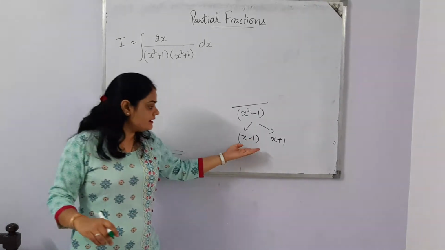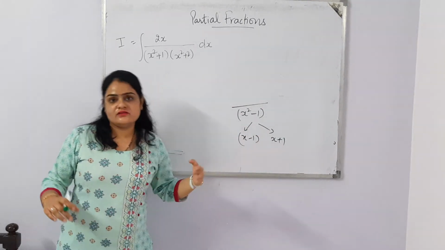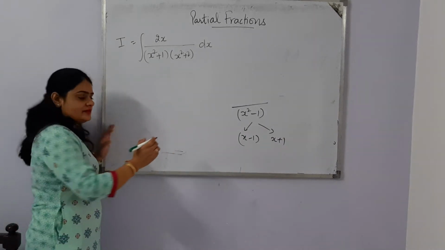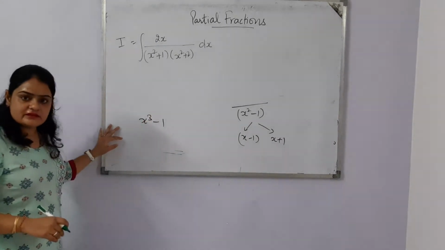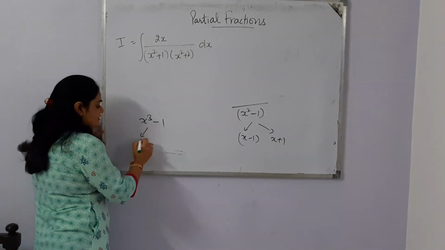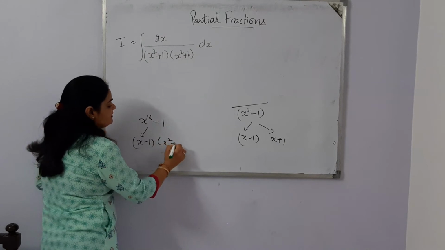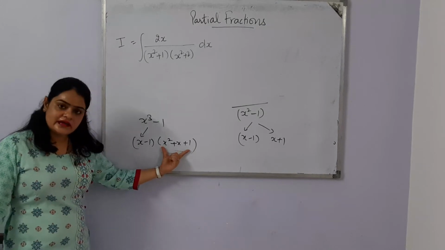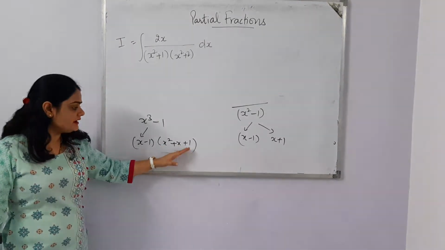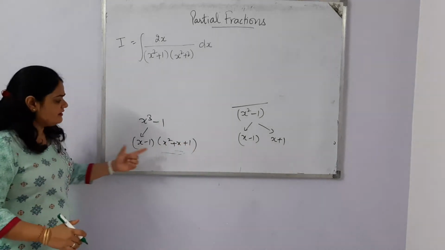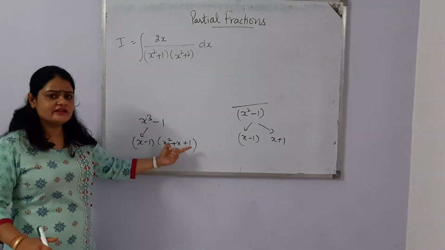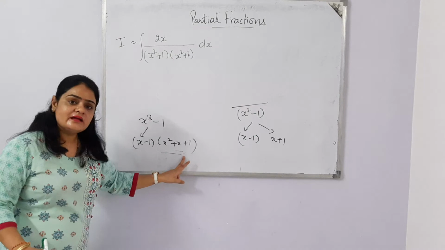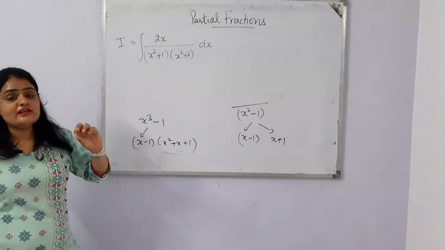Here we are getting different linear factors, so the partial fraction for different linear factors will be applicable. If in case you have x cube minus 1 in the denominator, then its factors are x minus 1 and x square plus x plus 1. Of course this one is a linear factor, and for the other its splitting is not possible. If its splitting is not possible, that means this is another factor which is not linear. This is a quadratic factor. So one we are getting a linear factor, another we are getting a quadratic factor. So first of all split the function.